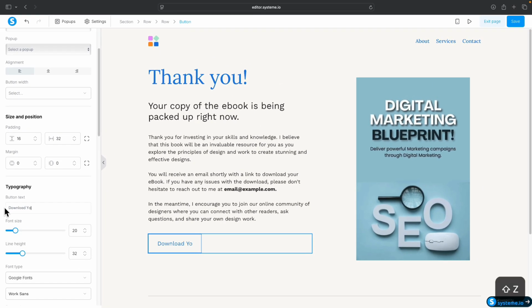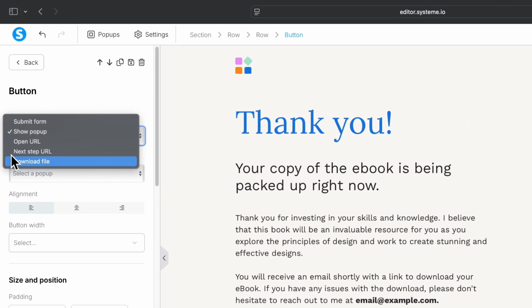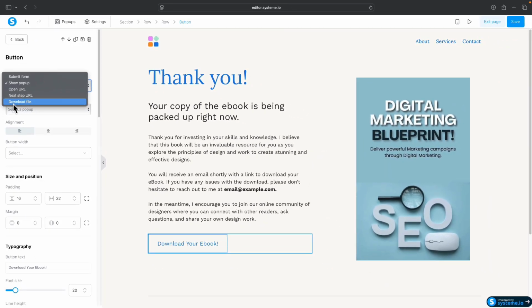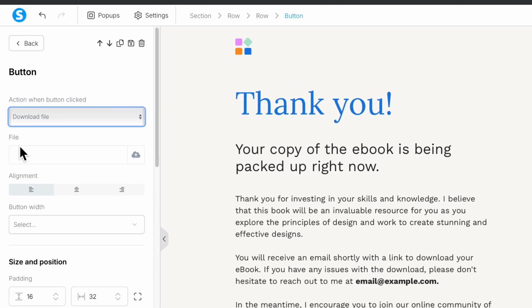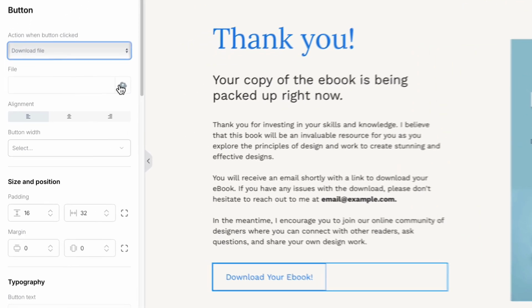Download your ebook. And now what we can do is action when button clicked, there's setup to show pop-up. That's something we don't want. We want download file. So select download file and select the file we want them to be able to download